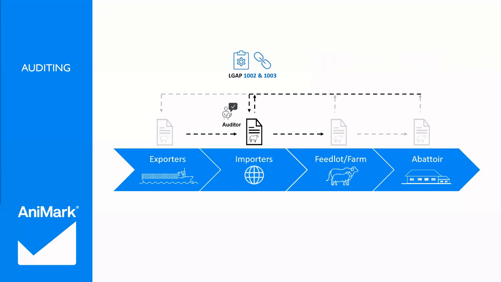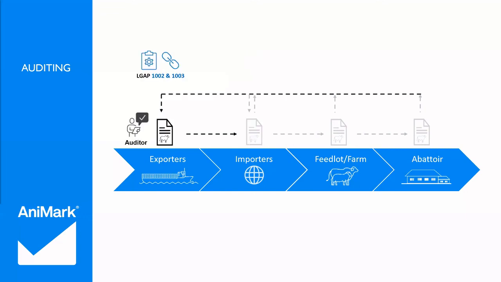Auditing the importer against LGAP 1002 and 1003 ensures their system is recording inwards and outwards traceability data from their downstream facilities, and it aligns to what they have received from upstream supply chain partners and what they have provided them in return. Auditing the exporter ensures their outwards traceability data can be matched with the inwards and outwards traceability data from their downstream importers and facilities. This would include the auditor undertaking trace forwards exercises, where an animal the exporter exported is